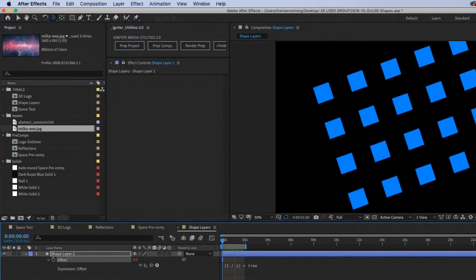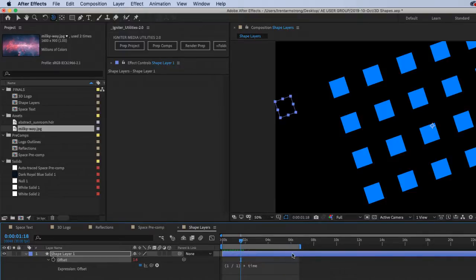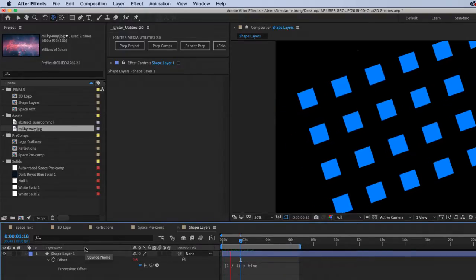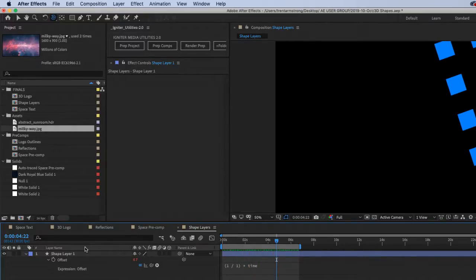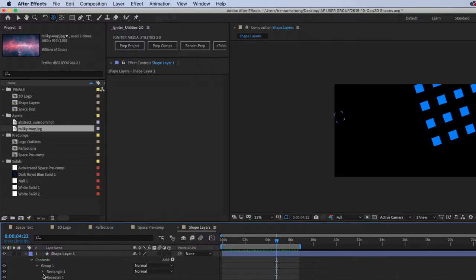Okay, so you see what it's doing. It's moving off in one direction. It's just replacing over time, replacing the next iteration. So with that in mind, if I want something to loop, I can, with this first repeater, make a bunch of copies, and I'm going to offset this -5.